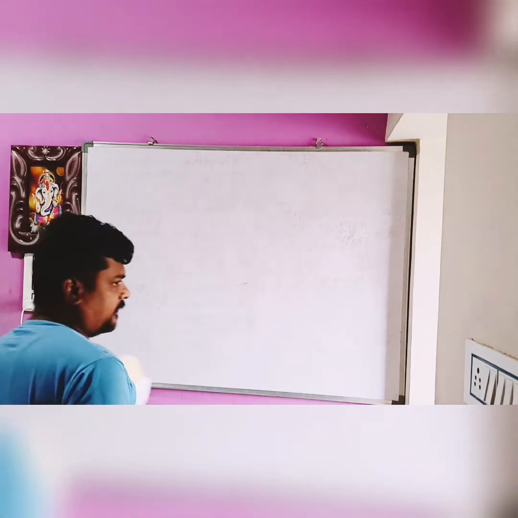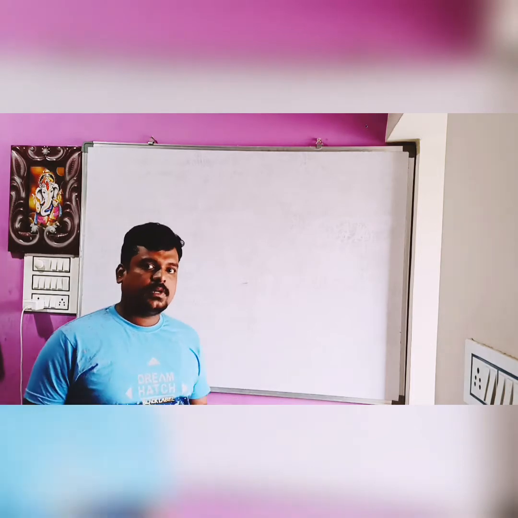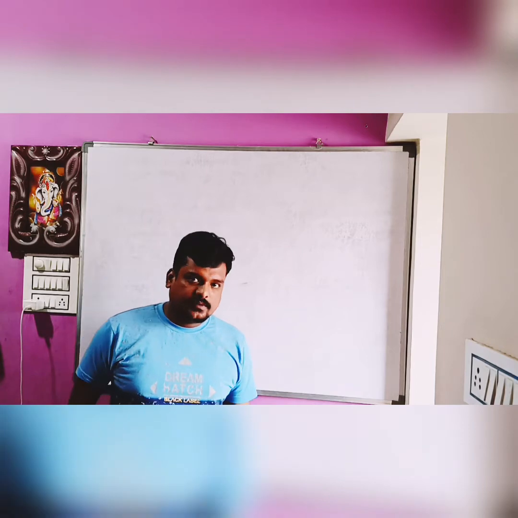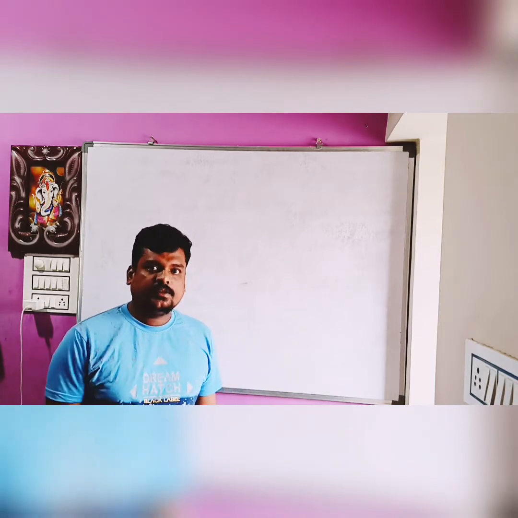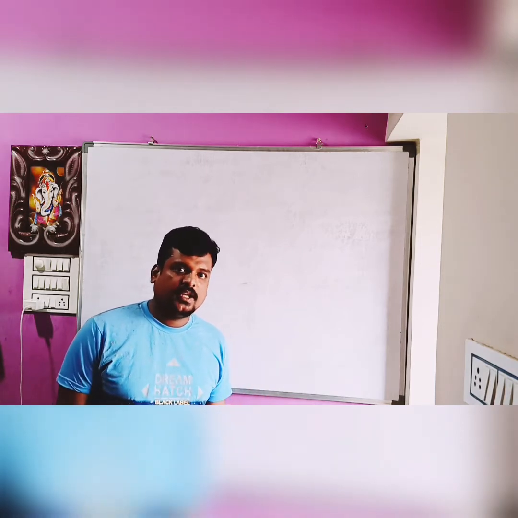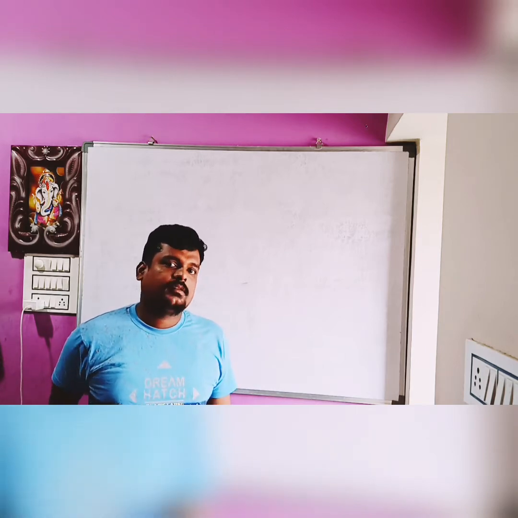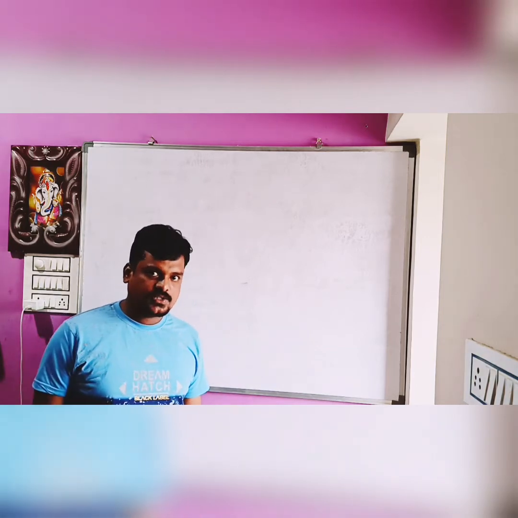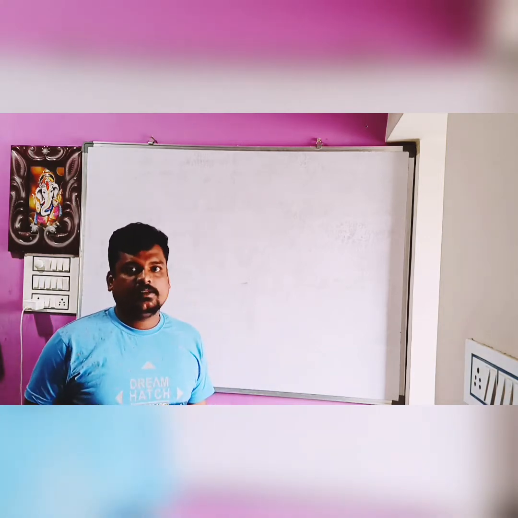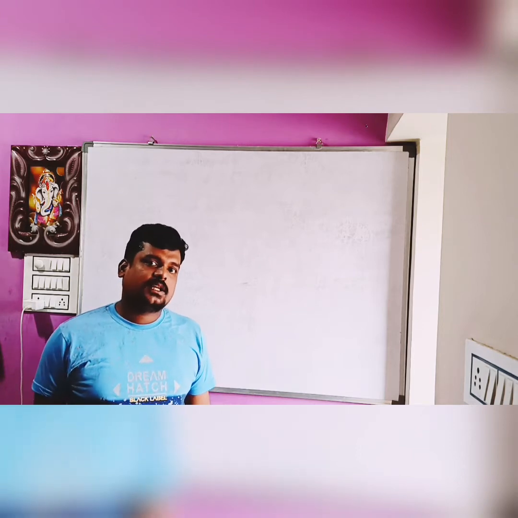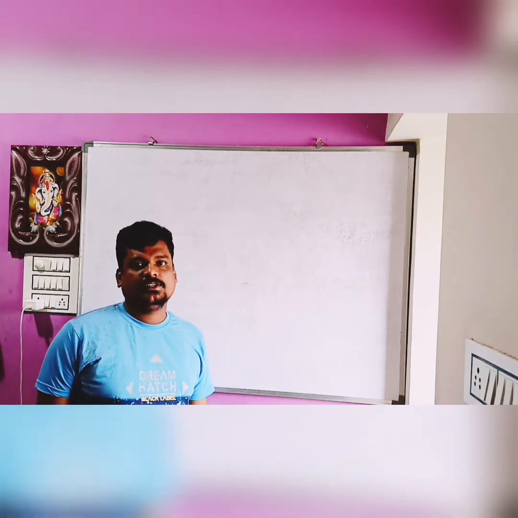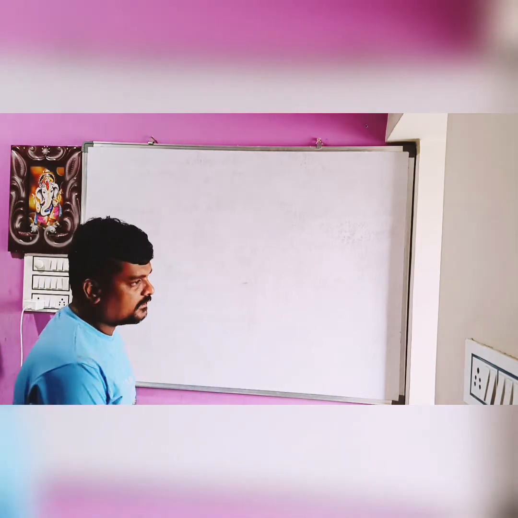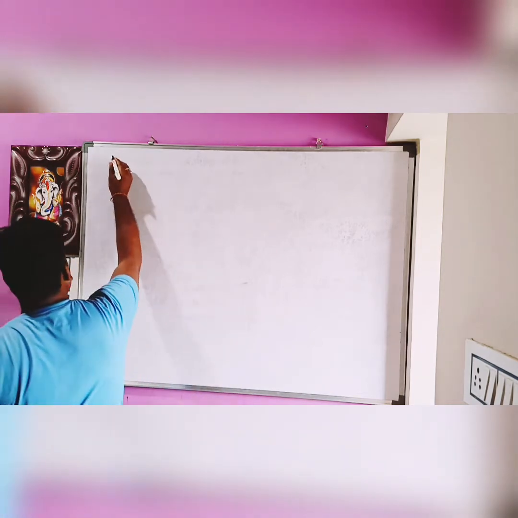In functions, there are two types: one-one, onto, and a bijective function. When we say one-one function, onto function, or bijective function, all that we have discussed in the last class. I gave the mathematical definitions of one-one and onto functions to understand the concepts. A function that is both one-one and onto is called a bijective function. Now we'll continue from the last class.